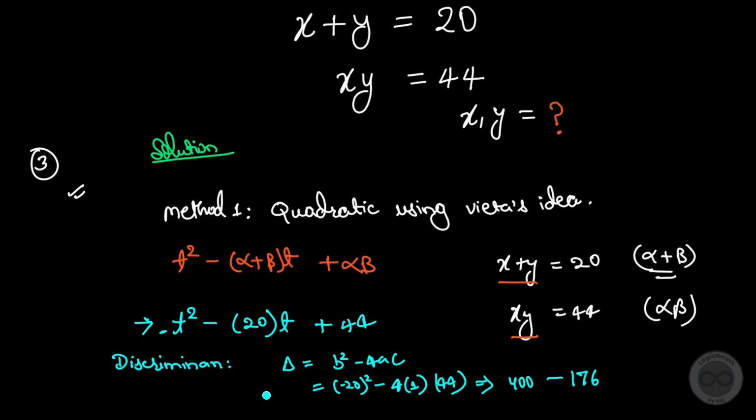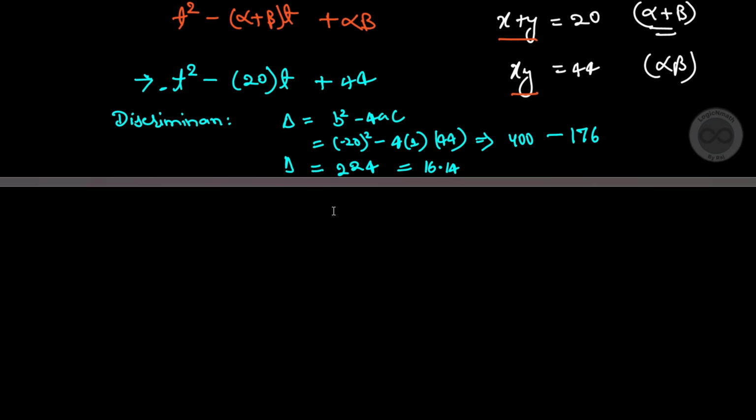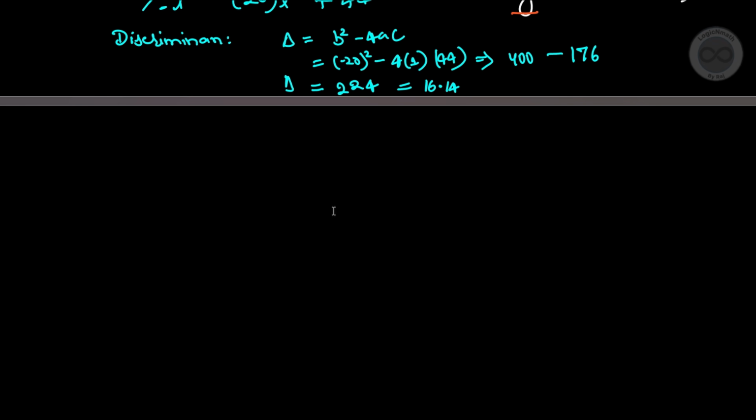So our discriminant is equal to 400 minus 176, which is 224, which can be written as 16 times 14. Now as our discriminant is positive, two real roots are possible. So let's get to our solution using t is equal to minus b plus or minus root of D, that is the discriminant,